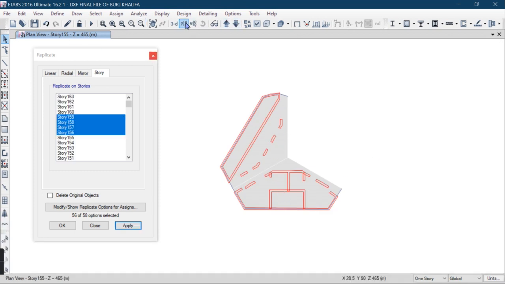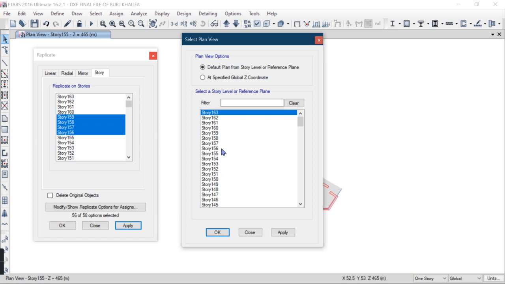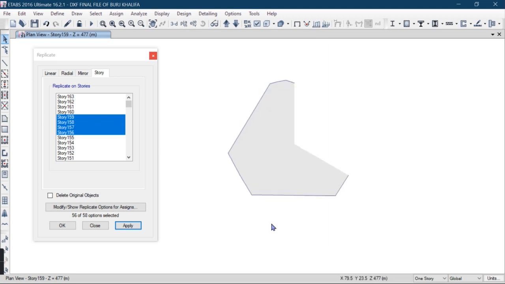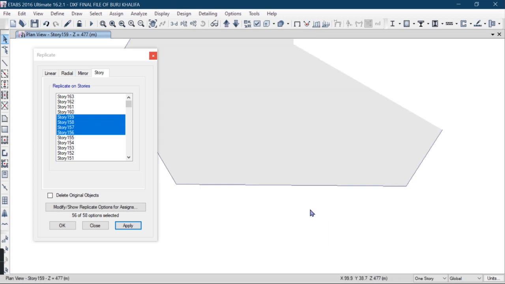Go to select one, go to 159. Okay. So after that, delete this part.